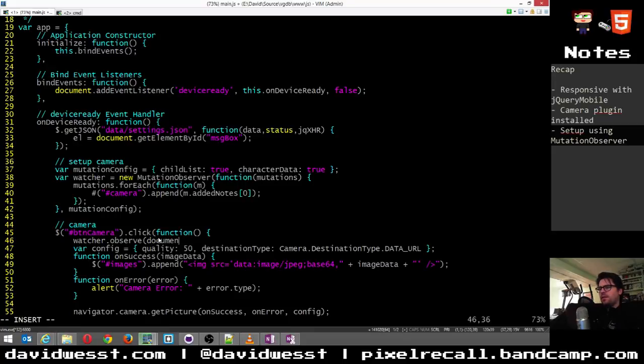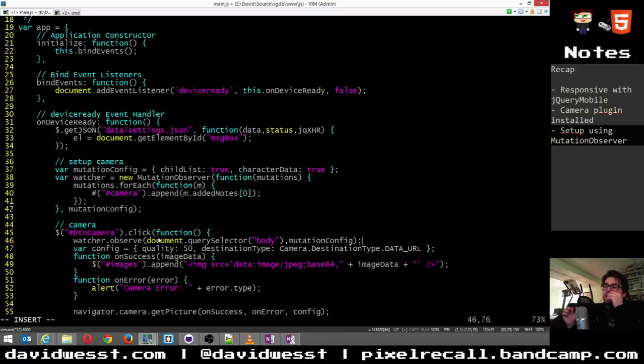Yeah, so we can do document.querySelector, and that's going to be body. Sweet. And we also want it to take our config, so mutation config.